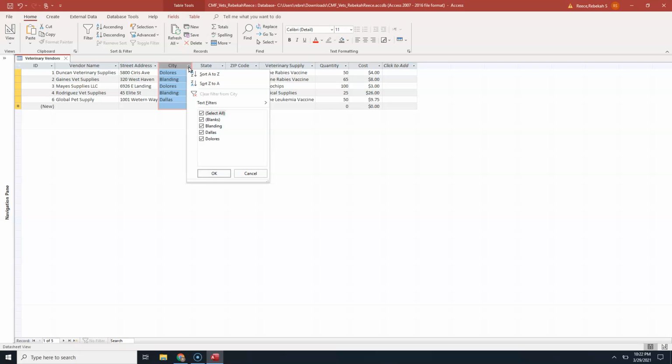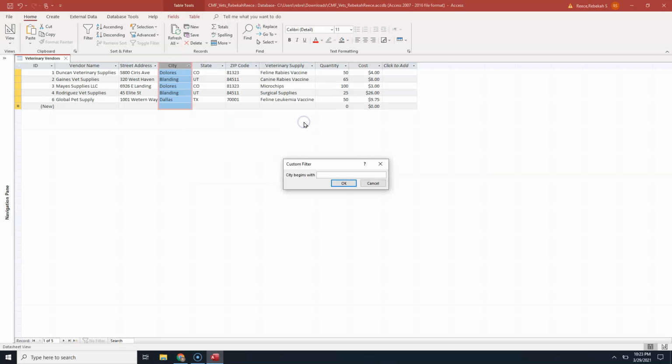When you use the drop-down list, you will see that you can sort ascending or descending. You also have text filters. You also could deselect all of these and only select Blanding. But what we're going to do is use a text filter that begins with, and then we're going to type in the letter